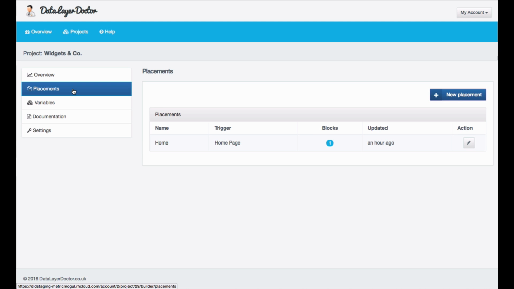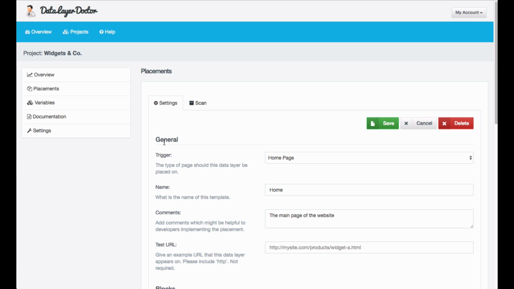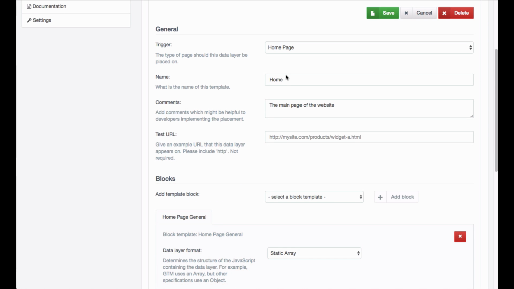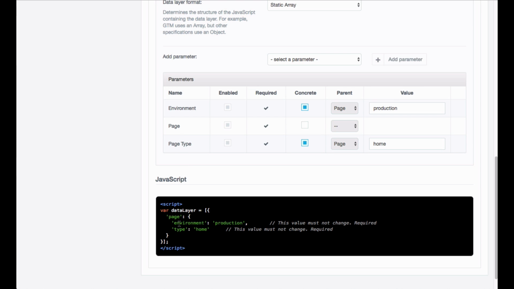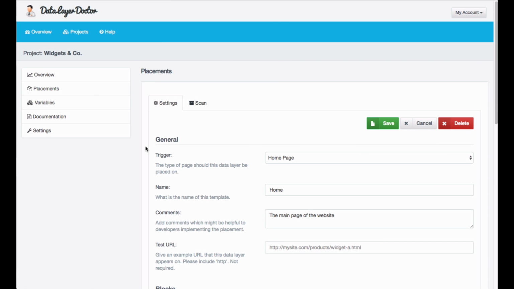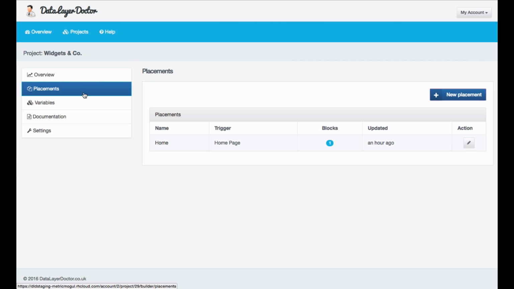Placements are pages or events where you want to change or update the data layer. In this example, I've got one placement, the home page. On the home page, I have a simple data layer which has a page object, and within the page object I have two variables, environment and type. But if I want to add a new placement, I can just go back to the placement screen,